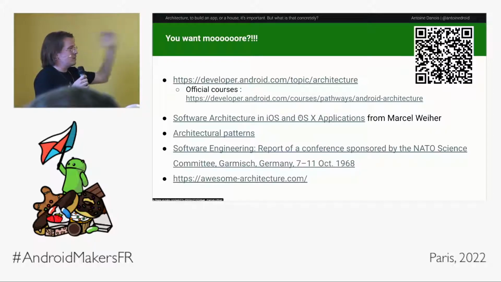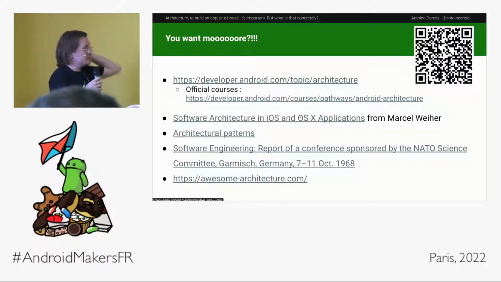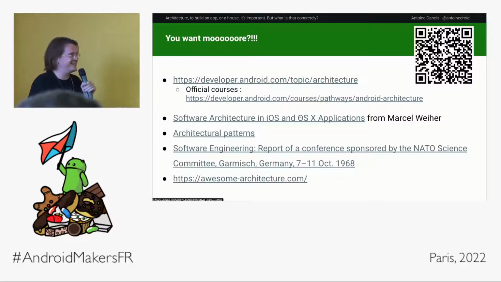I thought, for example, this talk from Marcel Verheer. It's more on the iOS side and more deeply about architecture. This one is about architecture patterns. This other one, I found it really interesting because it's one of the first documents talking about software architecture, and it's really interesting to see how they are imagining and thinking of it.